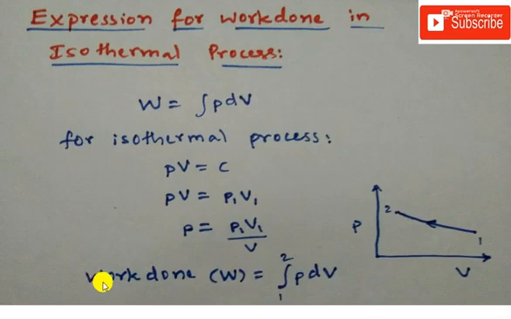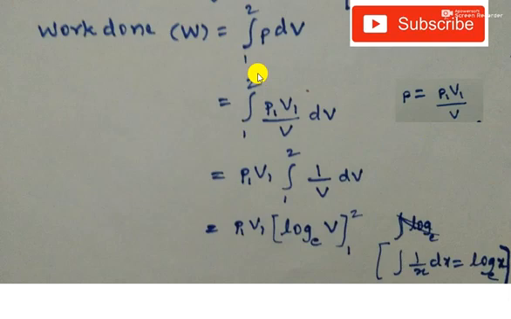And write the work done formula for the isothermal process from 1 to 2. If you write that, the work done W is equal to the integration from 1 to 2 of P dV, and see here, in the place of P we can write P1 V1 by V. From this equation PV equals P1 V1, and from that we can write P equals P1 V1 by V. So in the place of P write P1 V1 by V into dV,